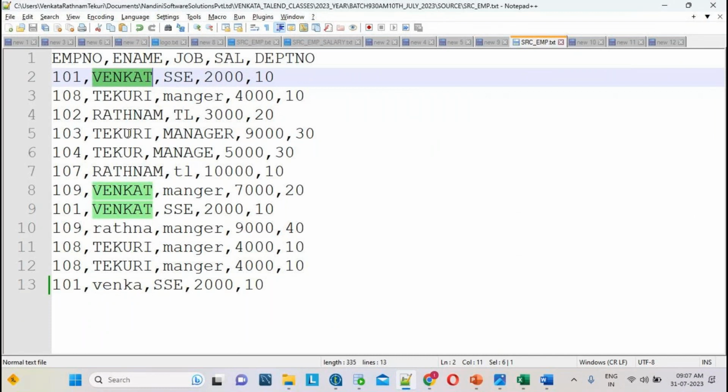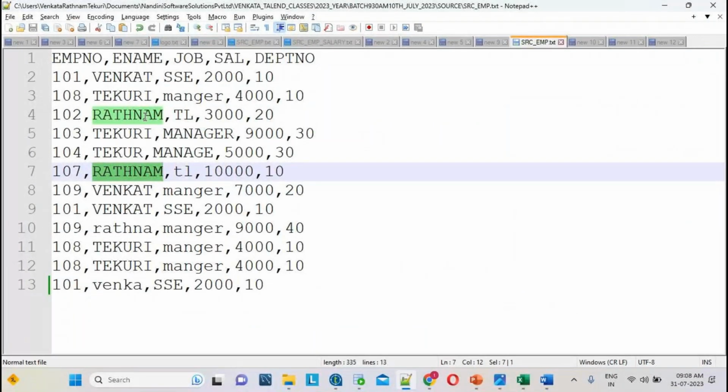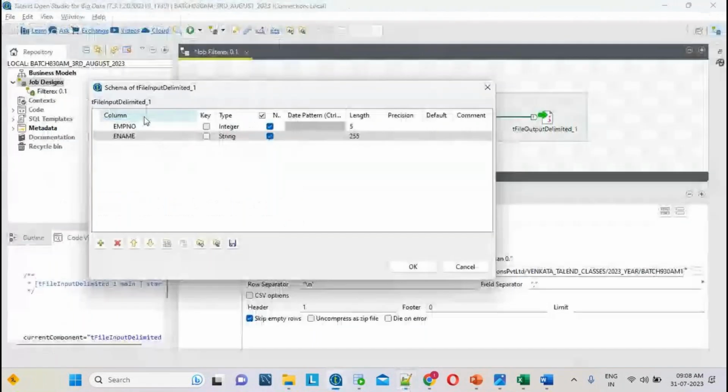See, this is Ratnam, it is occupying some length, so I have to give the maximum length here. Assume that I am giving a length of 255. Here my file has less, but in future it may come more, right? That's why I am giving the length as 255. My customer is saying to use the string data type with length 255, that's why I am using it.